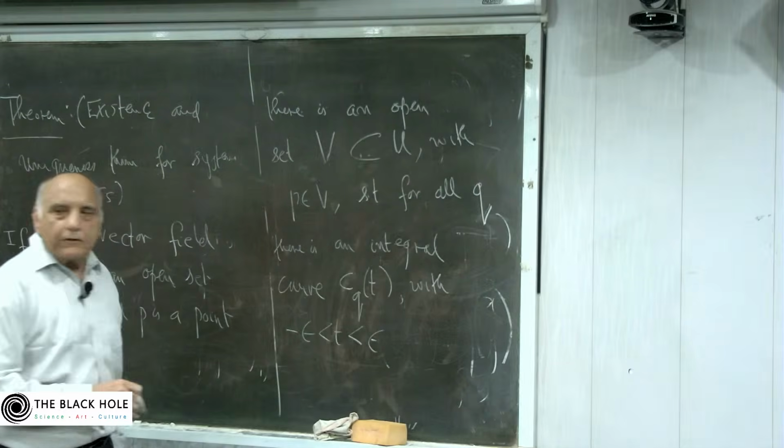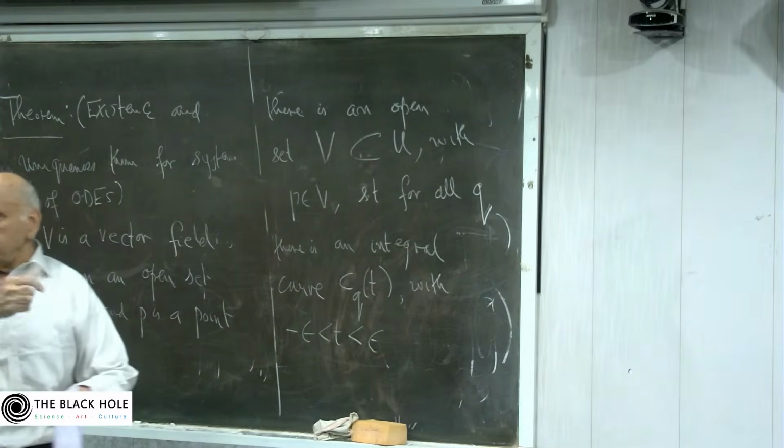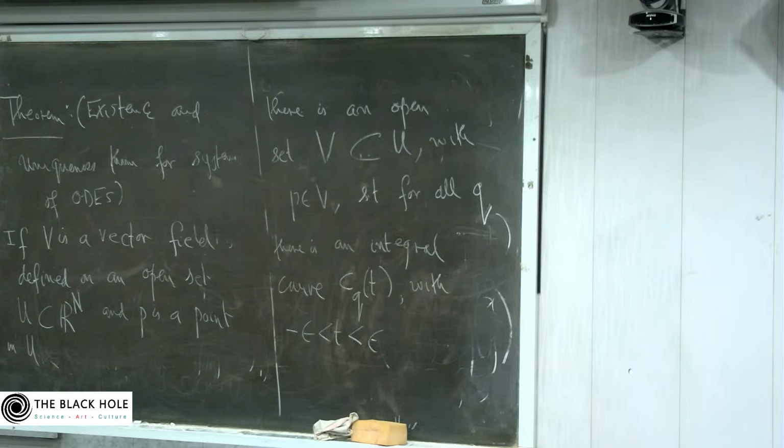So by shrinking your open set, you can choose the same epsilon for all the points, and then the main result is that